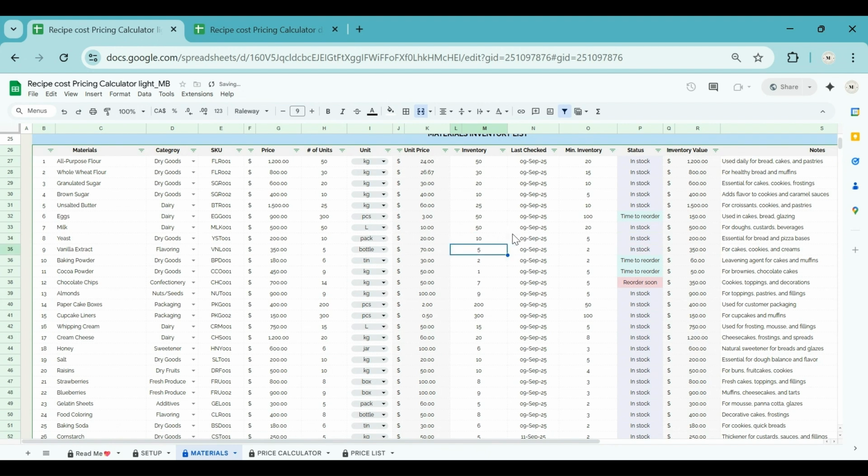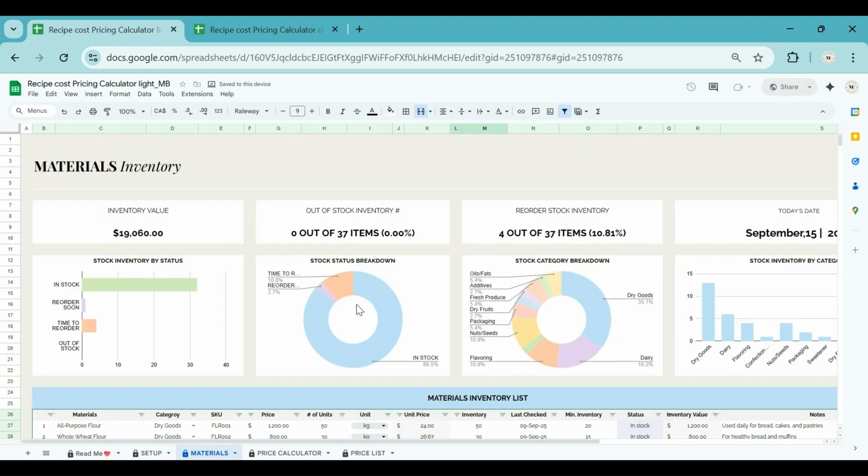So let's say I bought 10 packets. So I'll just add it here, and as you can see, the status changes automatically. Do not forget to add dates, that way you can keep track of when you last checked the inventory. If we scroll up, finally, as you can see at the top of the tab, you have your total inventory